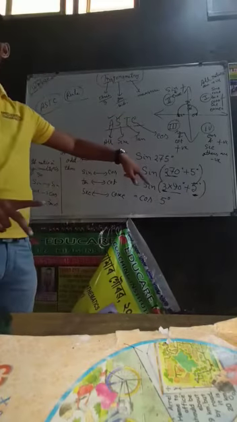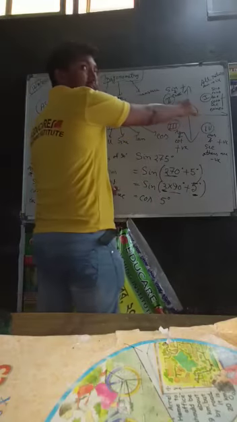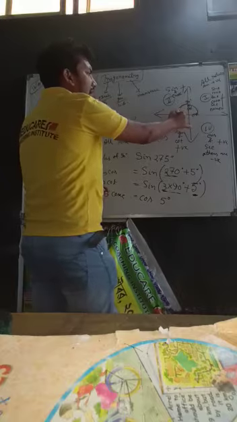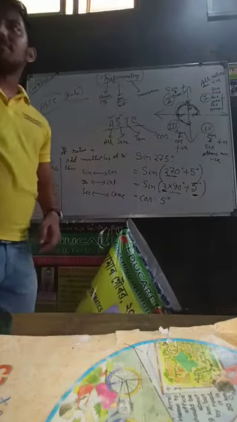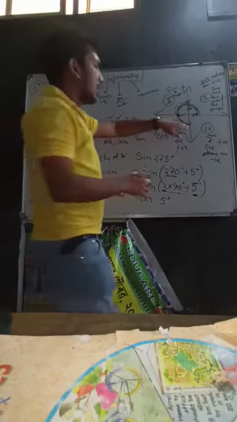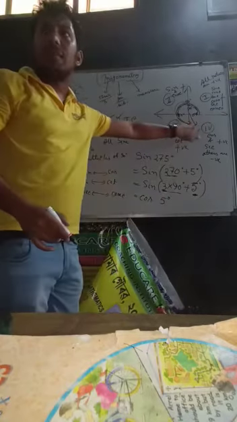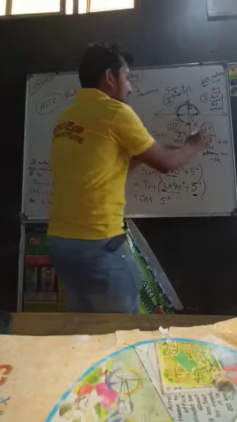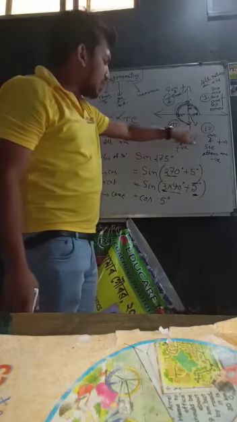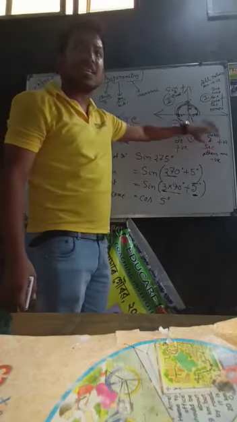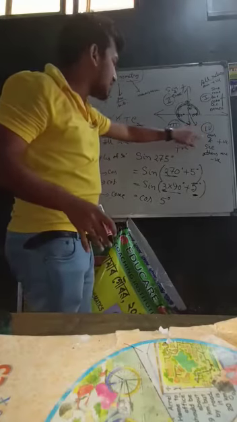Now the ASTC rule comes. How? See, 1 into 90, 2 into 90, and 3 into 90 means up to this it has already travelled. Okay? Complete. Plus 5 means what? Here, plus 5. And in this fourth quadrant, is sine positive or negative? Fourth quadrant sine is negative, because in the fourth quadrant only cos and sec are positive and others are all negative. That means sine is negative.